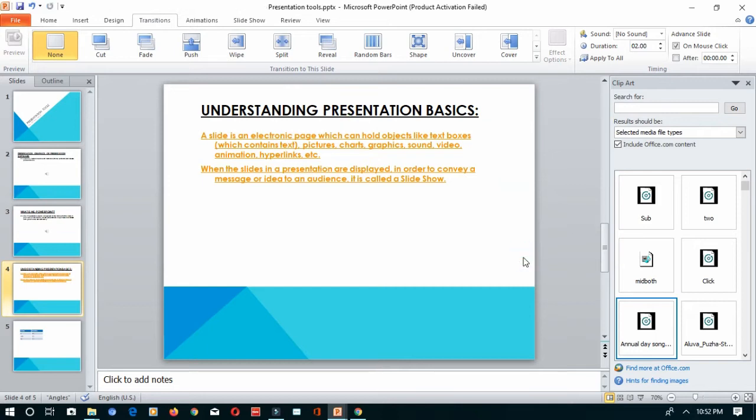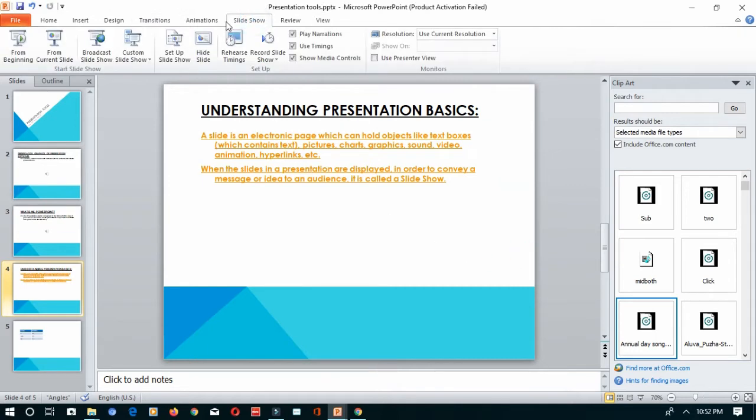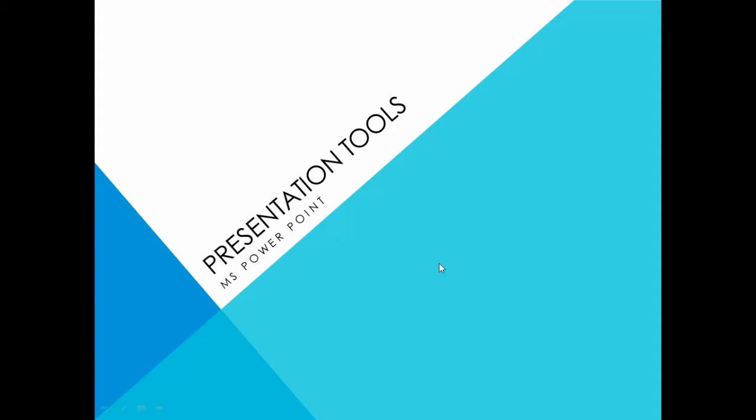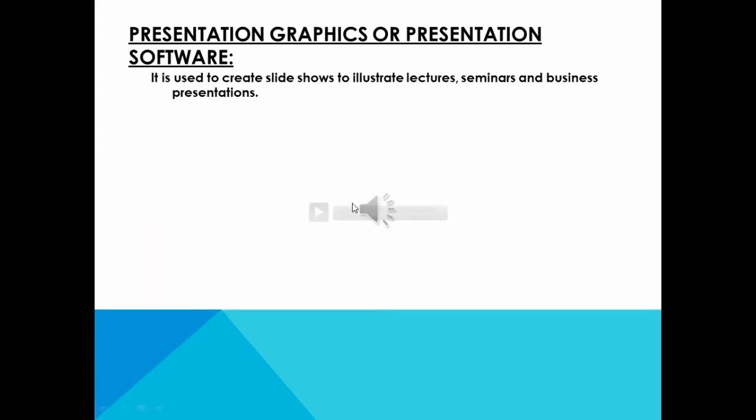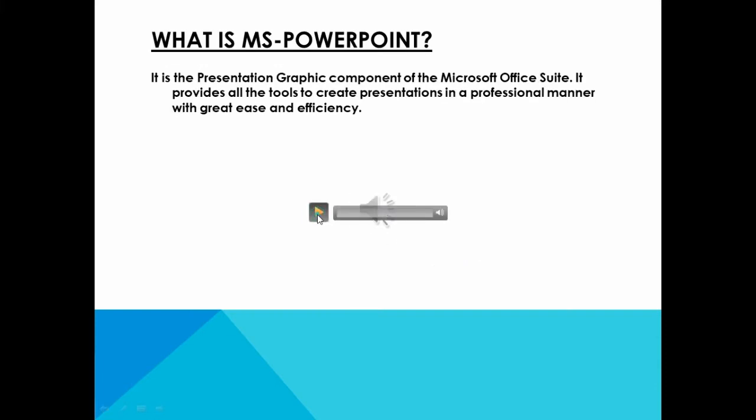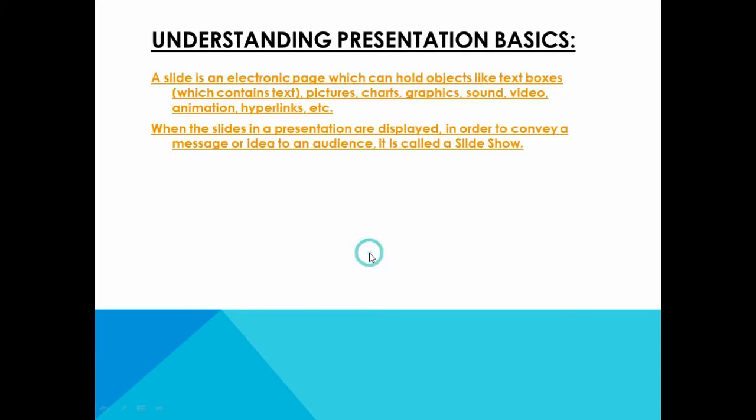Okay, let's see the preview of it. Okay, so let's see one by one. Like go to the slideshow from the beginning. Just click on. I didn't give any time for my presentation over here. So I can click on play. So it will play the audio which I have given over here. Okay, like this. Next, this is the audio which I have selected from clip art. Okay, this is object for which I have applied. This is an object for which I have added the sound like this. Only small sound. Okay, clear children? Understood? Hope you are clear with.